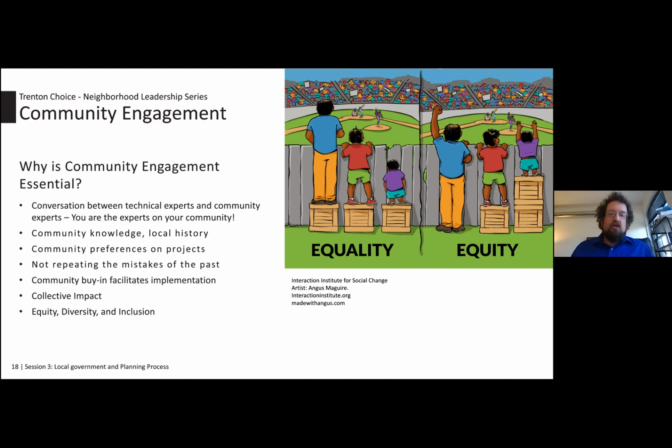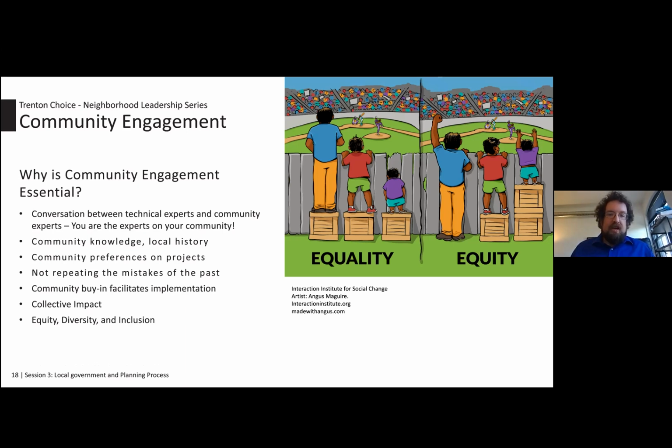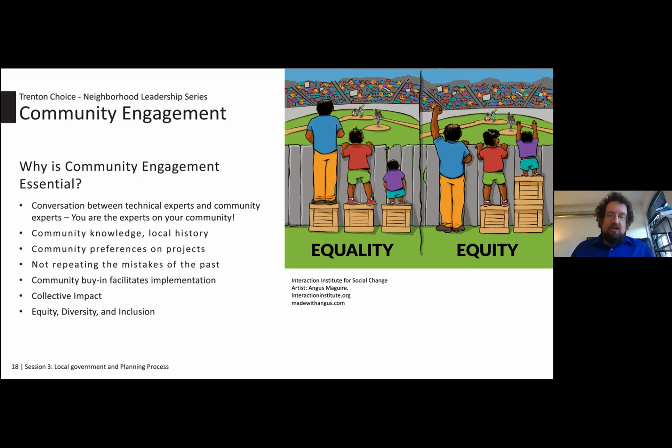So when we do a planning process, I've done tabling at farmers markets. I've done tabling on the beach when I was working for DEP. I've done tabling at public events. You guys have seen me down at Donnelly Homes. I think that the engagement that we've tried to do at Donnelly is really emblematic of what a planning process should be, where we're really trying to get surveys from different residents. Almost everybody here has participated in the Donnelly Home survey.